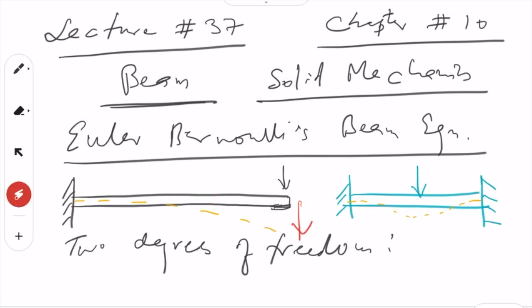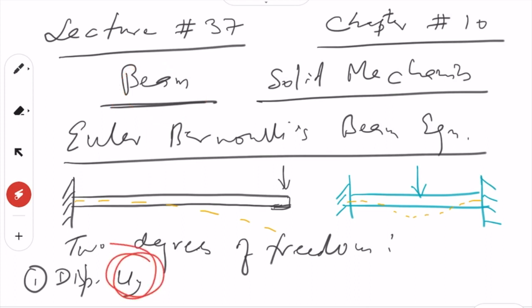One thing is how much it is going down, how much is the displacement. So first is displacement, which is uy. So we are just concerned about how much it is going up and down only. We are not concerned about how it is going this way, because there is no loading in the axial direction in case of pure beams, and hence only uy will be there, and the second thing will be